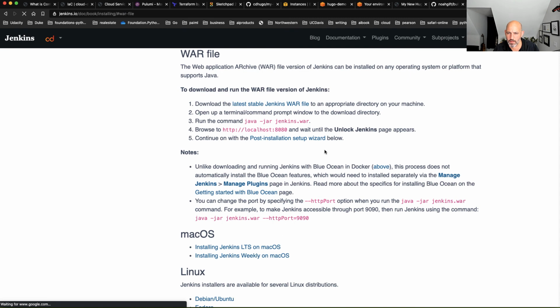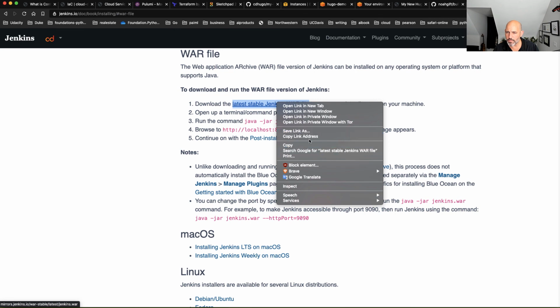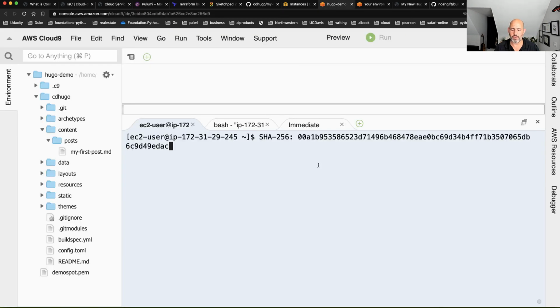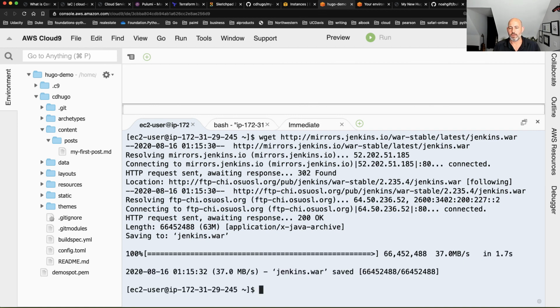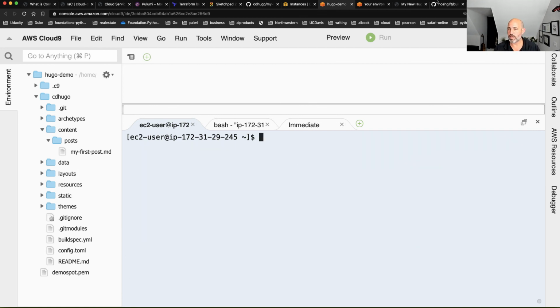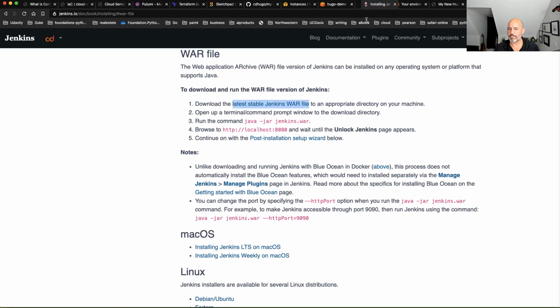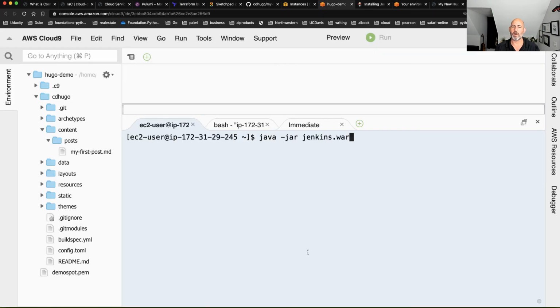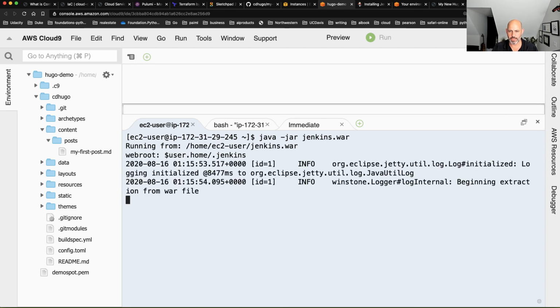Jump to war file. Let's do this. So we'll say copy this link. I will say Control A, get rid of this. Wget this. There we go. This is a Jenkins server, and I can just copy. I'll just put this next here. I can copy exactly what it says. It says do this, Jenkins jar, and this should run it locally on this particular machine. And does this work? Awesome. It looks like it's running.